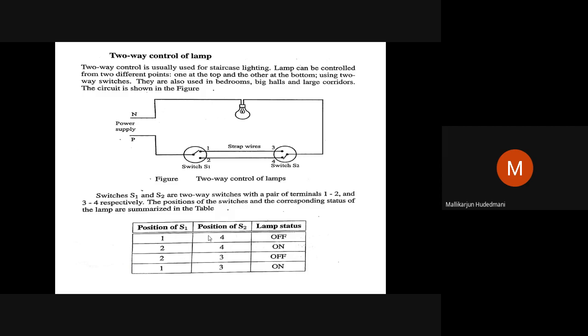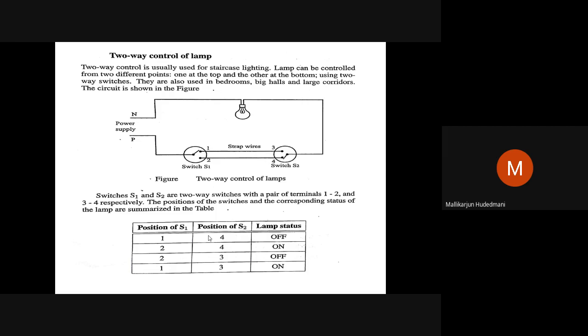Turn the switch very close to you, whether you are climbing up or climbing down, whatever is your way. But the bulb is off for you. You would like to turn on the bulb. The one which is available to you, either S1 is close to you or S2 is close to you, toggle it. We use the word toggle. Change the position of that.